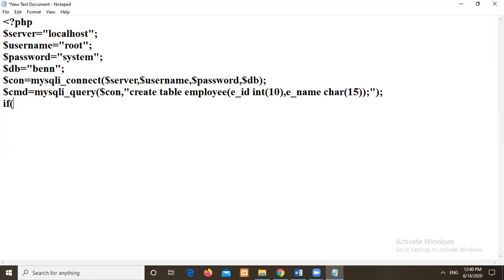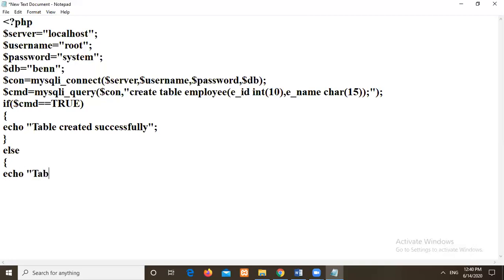So I'm writing here an if condition to check and display the result. If command is equal to true, then this should display me that table created successfully, or else it should give me an error: table not created.